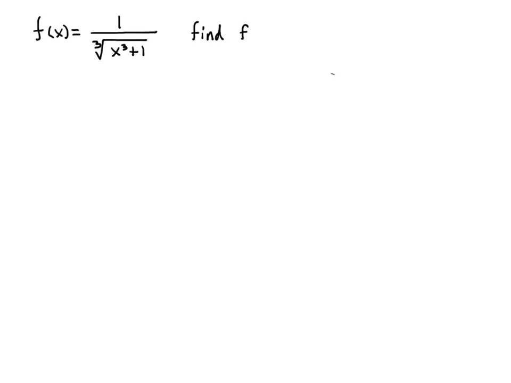Okay, so here's another one. Oftentimes, something like this would invite using both the chain rule and the quotient rule. Where you have something like this where it's 1 over a function, first simplify the function to make it so you can use just the power rule with the chain rule. And so on something like this, I would rewrite it with an exponent of negative 1/3, and then taking the derivative,